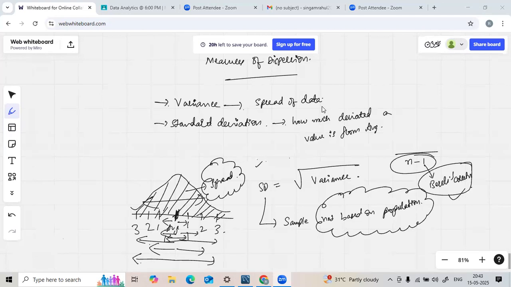Soumya, n minus 1 is nothing but Bessel's correction. When you want exact accuracy in the output, you'll be subtracting 1 from your sample size and working on it, so that you'll get accurate data. We'll discuss it later. It's a little different, Ramya. Why? Because for database admin roles, you need to be proficient with DCL, data control language, grant as well as revoke.